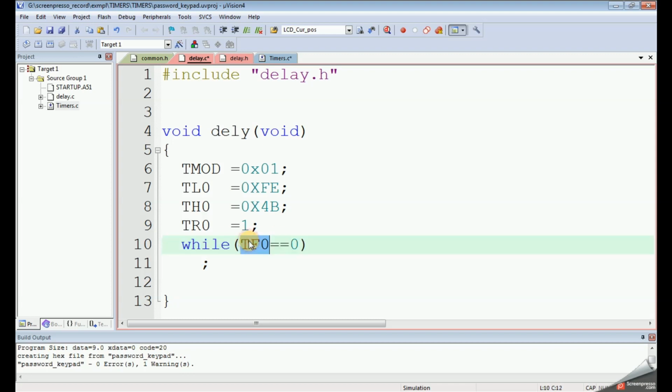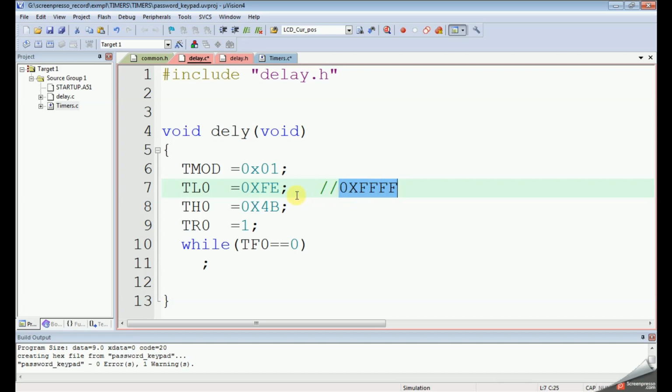So whenever the timer flag is 1, that means the counter overflows. Whenever the timer counter counts from this value to the maximum value, that is 0xFF, that means the delay is generated.